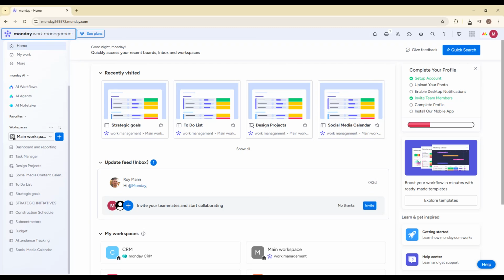In today's video, I'm going to show you exactly how to duplicate a board in Monday.com step by step. Whether you want to reuse a project setup, create a template from an existing workflow, or simply back up your board before making big changes, duplicating a board in Monday.com is quick and incredibly useful. By the end of this video, you'll know all the duplication options available and how to choose the right one